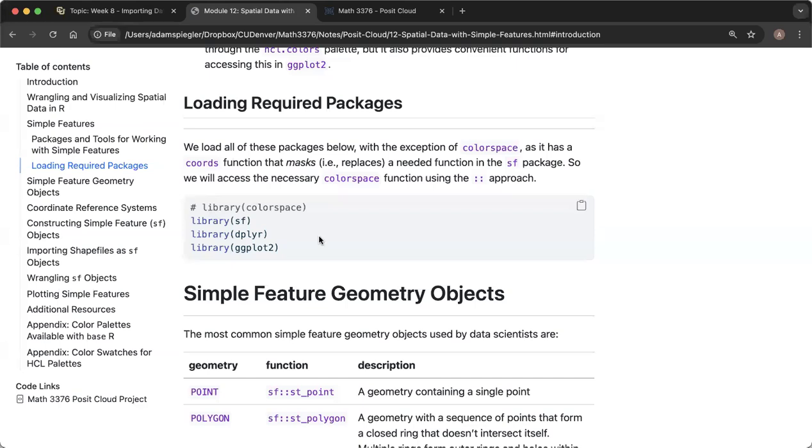All right, so we are ready to start running some code and working with the SF package in R to wrangle and visualize spatial data. So right now, we started in this static HTML document. I'm going to move over into Posit Cloud where we can edit the Quarto document that was used to create